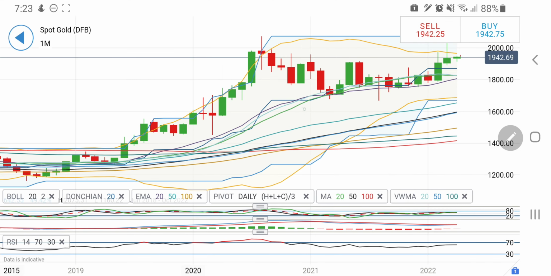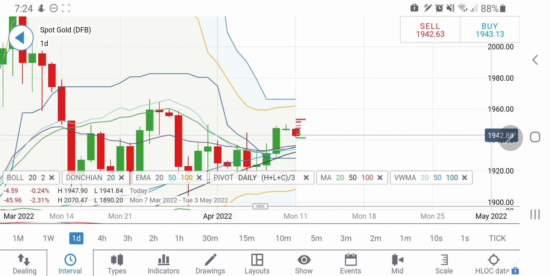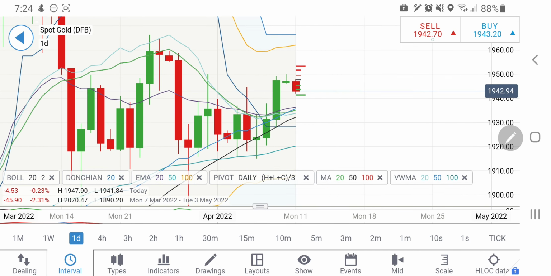And now you can see, let me come back to the daily charts. On the daily charts, gold is trading with a negative bias right now. How far could this drop? Now see, this is still bullish. However, it is still trying to trade in this zone. Now it has seen higher lows